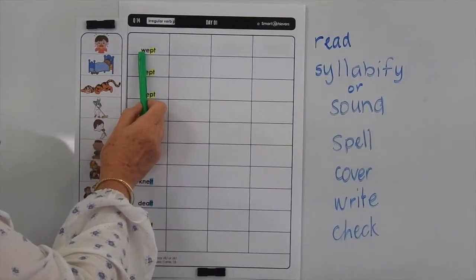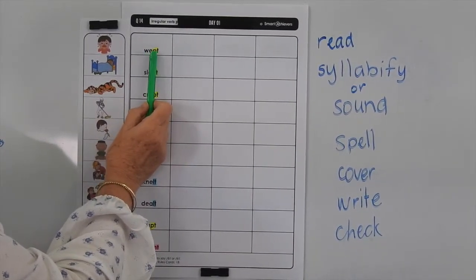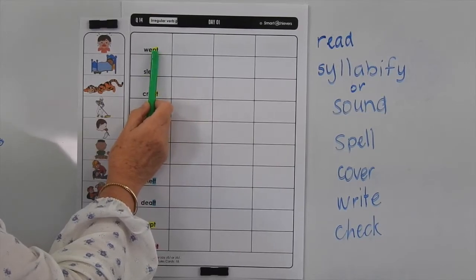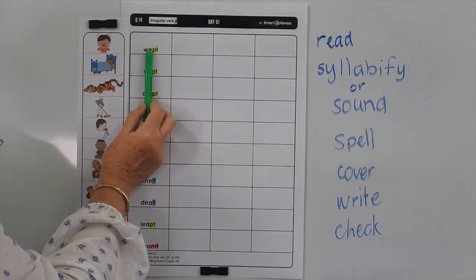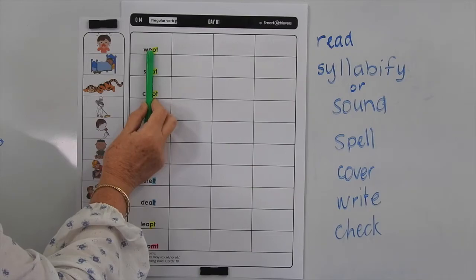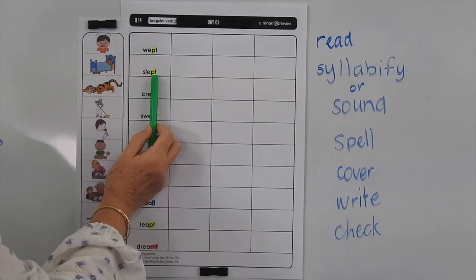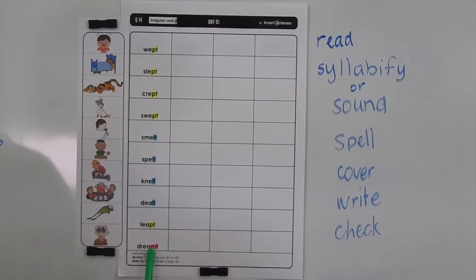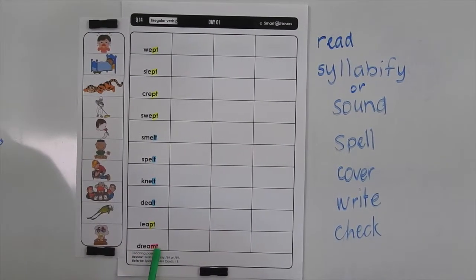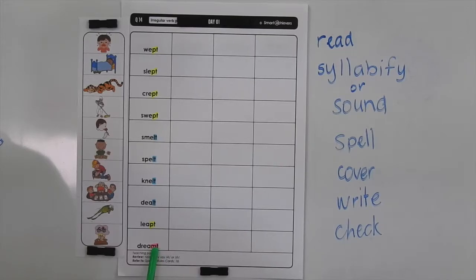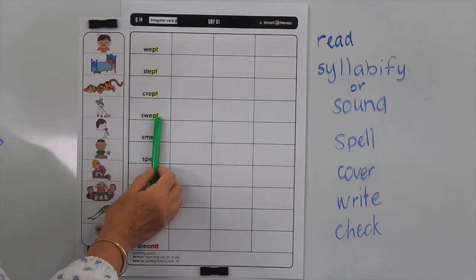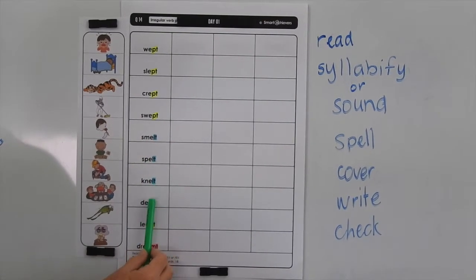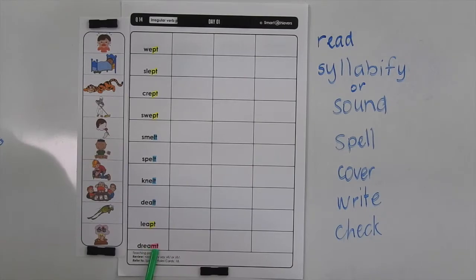In all of these words, we're looking at irregular verbs. So rather than adding ed to the end, we're changing the long E sound in weep to a short vowel sound, and it's represented by just an E. So it's going to be making it sound. Except for down here where we get to dreamt. Just be aware, it sounds like there's a P there, but there's not. Your mouth nearly goes to form the P, but there's no P. It's dreamt. Okay, so our words are wept, slept, crept, swept, smelt, spelt, knelt, dealt, leapt, and dreamt.